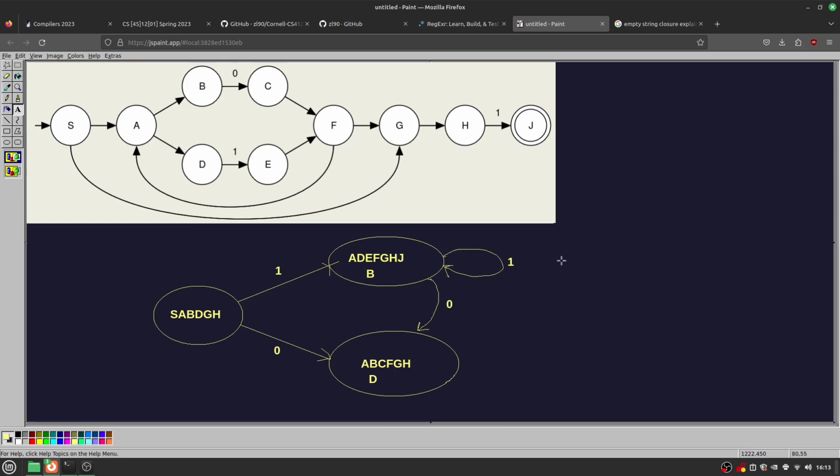And 0 will take us to that state. So from this state, if we take 0,